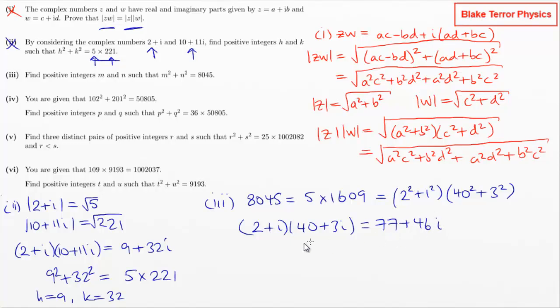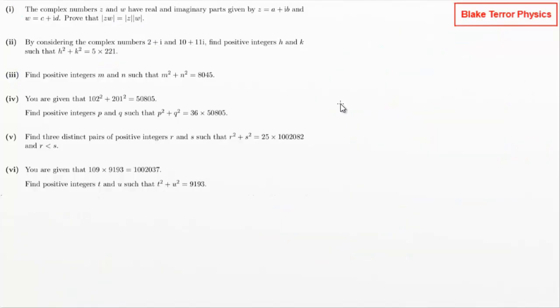Okay, so that means we need to square those numbers. So 8045 is going to be 77 squared plus 46 squared. Now, this is a nice question so far, and they've been quite straightforward parts. Right, now we're given 102 squared plus 201 squared is